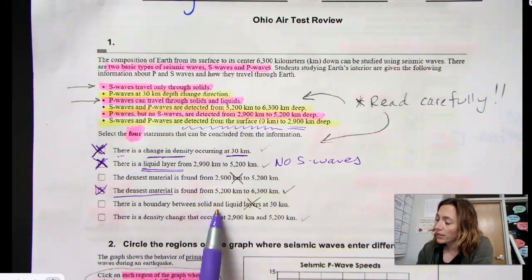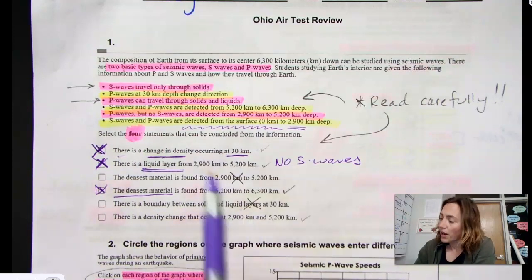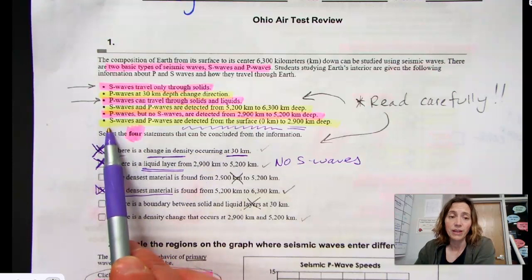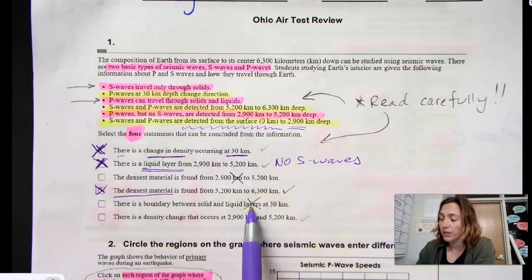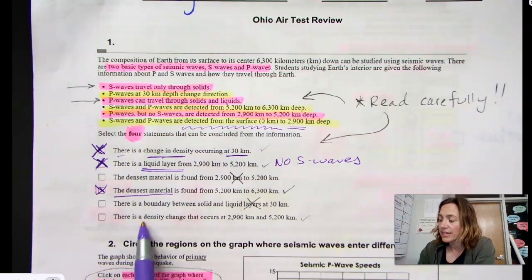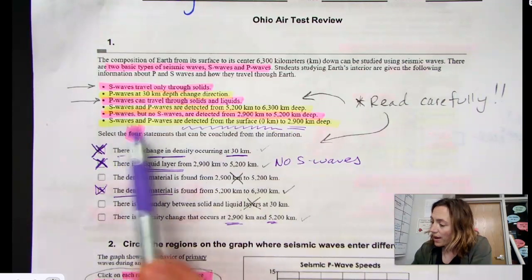So there is no boundary. Sorry, lost track of my spot here. There is a boundary between solid and liquid layers. Nope, because P and S waves are traveling through layers until 2,900. So that can't be correct. Finally, guys, there is a density change that occurs at 2,900 and 5,200, and that is correct because we have